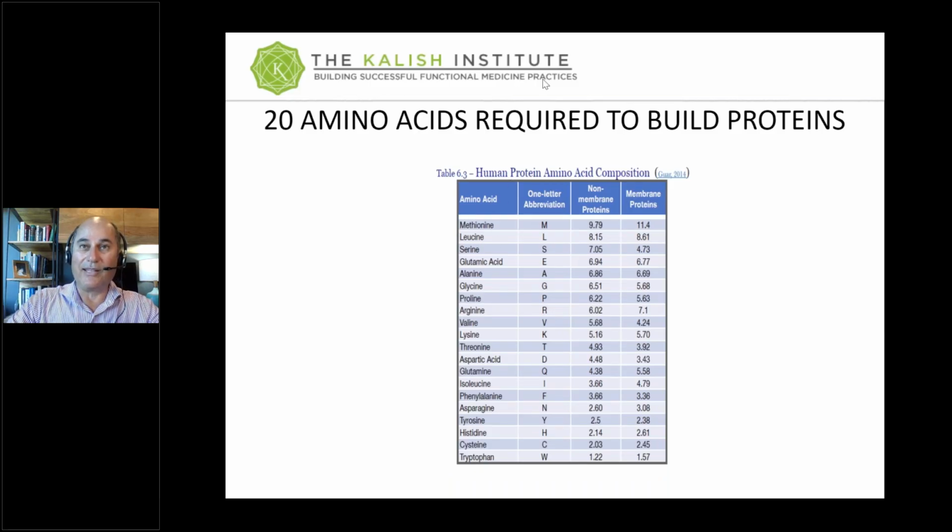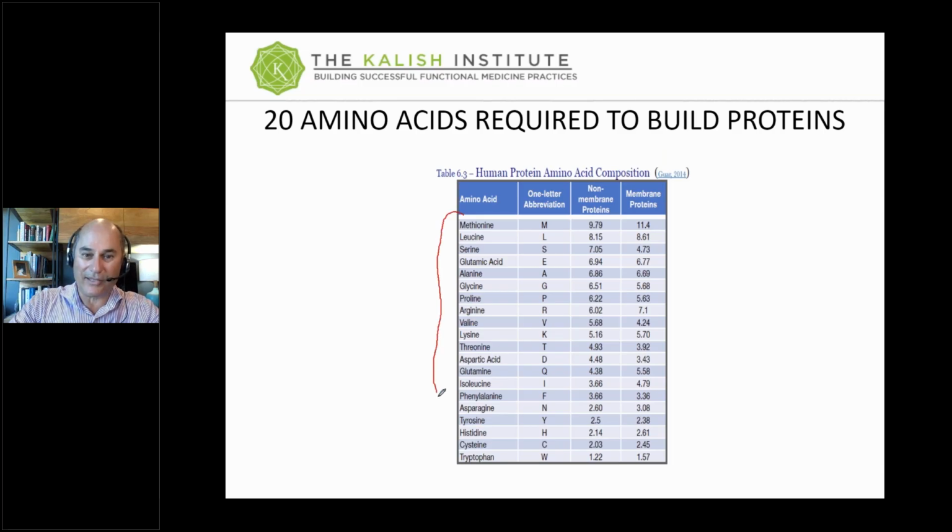These are the 20, and they're listed in their order of amount that they tend to occur. This is crazy. I didn't believe this when Dr. Lord first taught me that. I was like, is this even possible? Like, how was I in practice for 20 years and didn't know this?